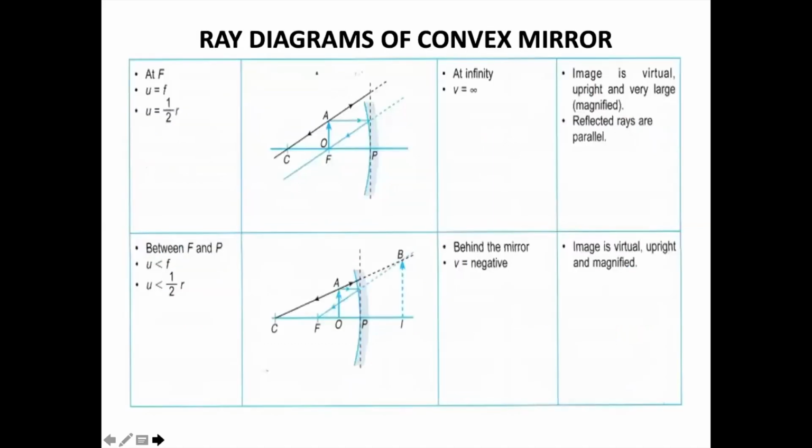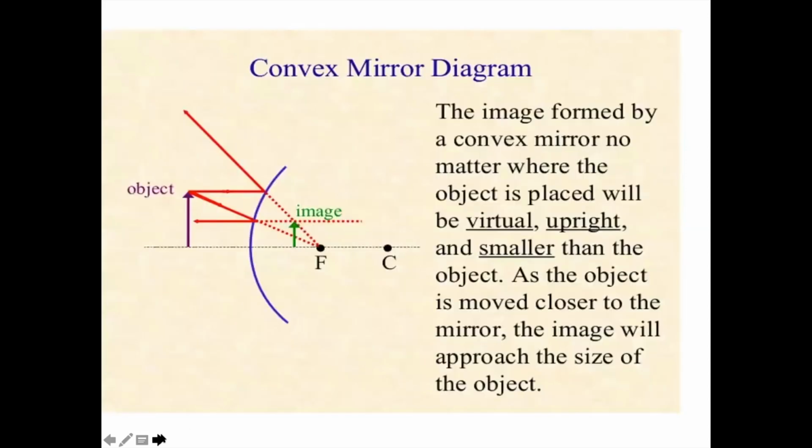The ray diagram of a convex mirror I've already explained. You can see it over here again. Convex mirror: again and again, virtual, upright, smaller. Please remember, again and again I'm repeating, virtual. And this is again a question that is asked, because sometimes they will confuse you by asking whether the object is at F, at C, at infinity, or any position they name. The answer will be only one: virtual, upright, smaller in case of a convex mirror.